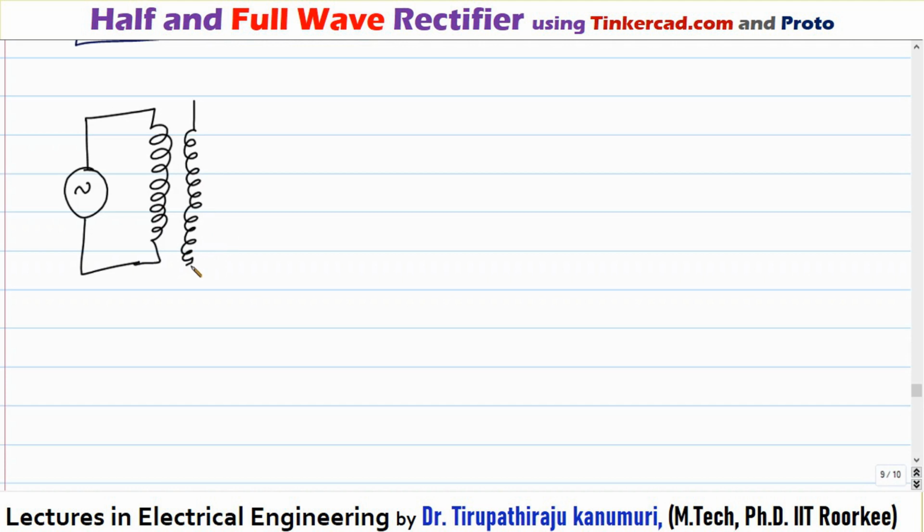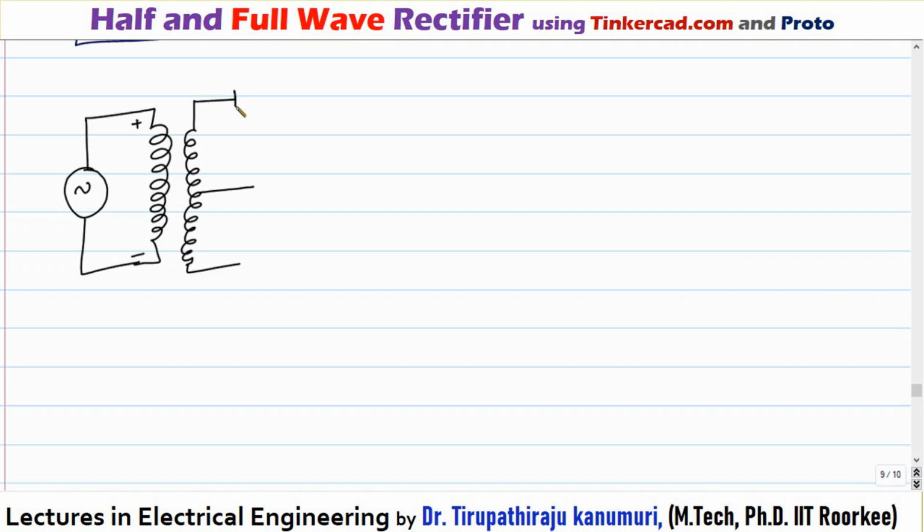So the center tap type rectifier I am drawing here. It will be like this. In the center the tapping will be done. Let us assume it is plus and minus. If you are applying some 12 volts in the primary, it will divide. Here 6 volts will come, here 6 volts will come. Only half of the voltage will come at your output.